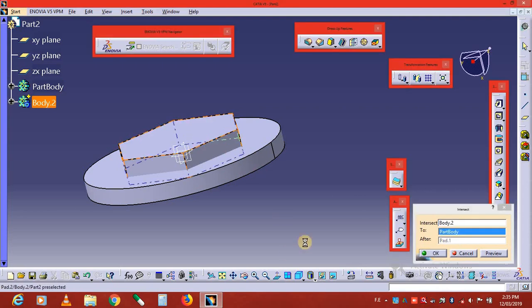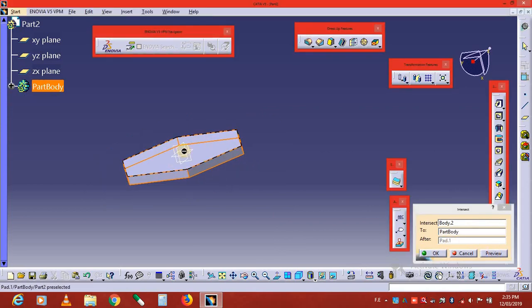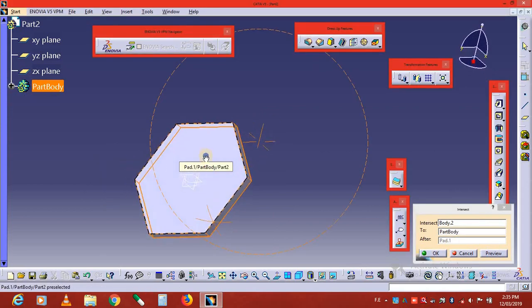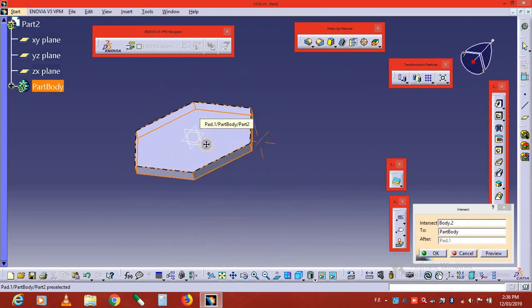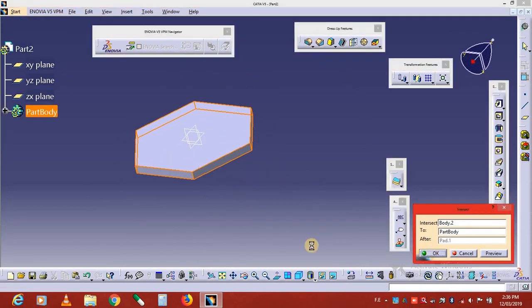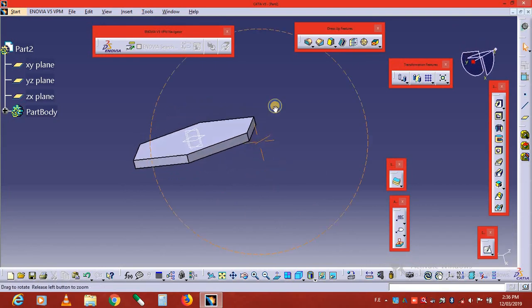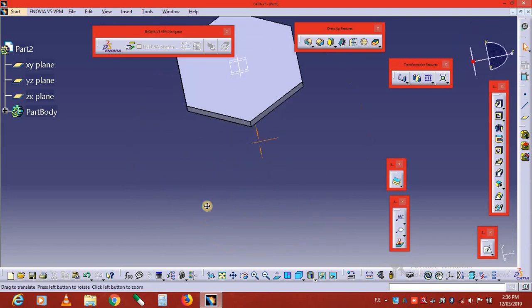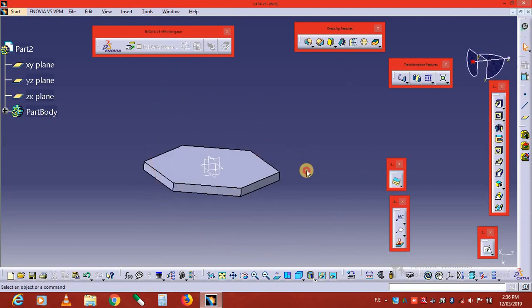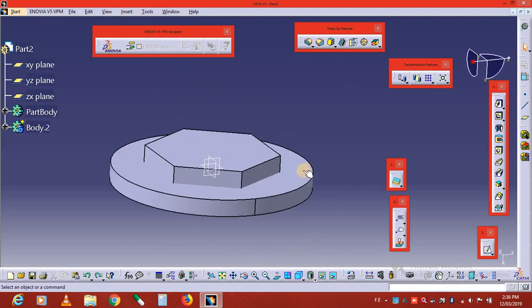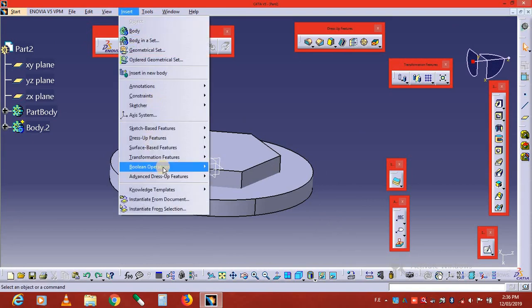intersect this body to the part body by default. So preview. So this intersection part of these two bodies is directly coming out of this. So press OK and this part is coming. This is the output of the intersect command. So press Ctrl Z. So next command is boolean operation